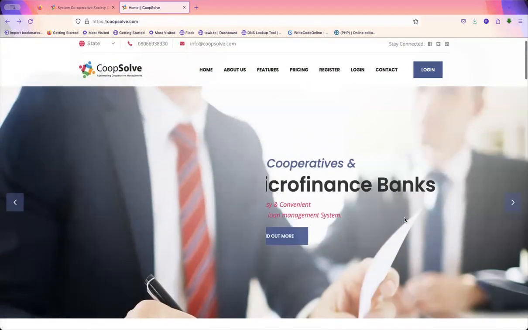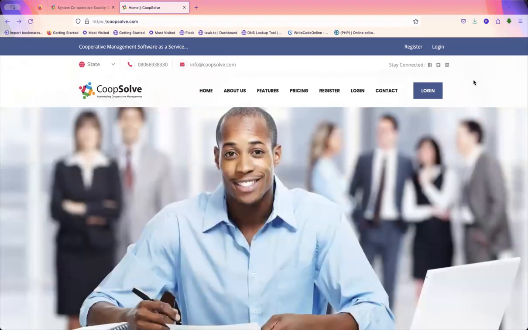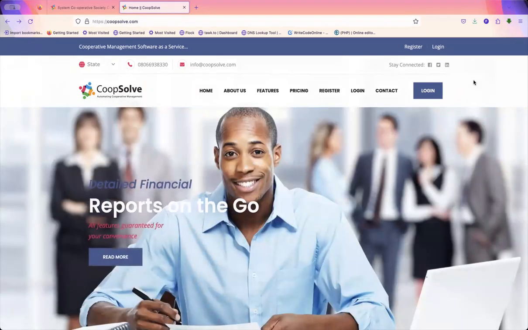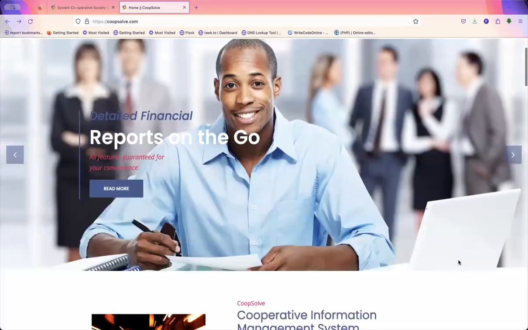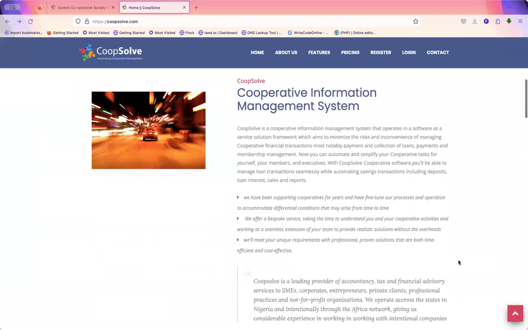All right, so in this session, I'll be taking you through the CoopSolve Cooperative Management Information System. It's a software that helps cooperatives of all sizes to manage their financial information and helps them to look professional by providing relevant information to their members and savings account holders. It provides the kind of infrastructure that you will expect from a commercial bank, but in this case, it's tailored